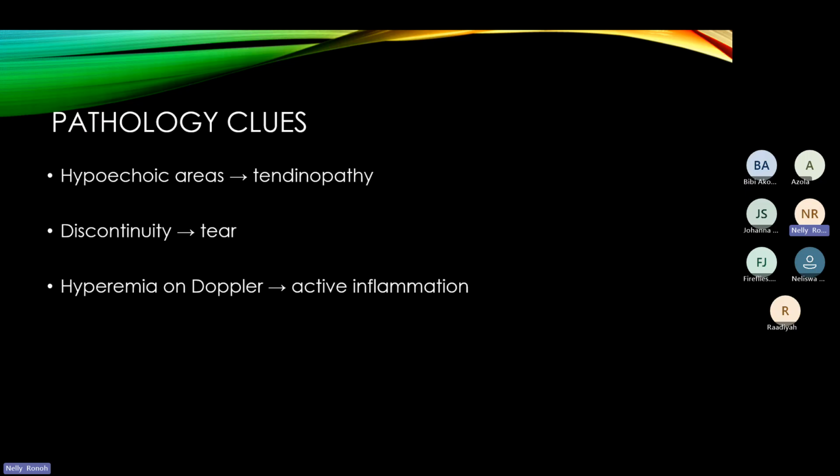As long as you see anything hypoechoic, then there must be a problem, because what we expect to see for both the Achilles tendon and the plantar fascia is a hyperechoic appearance. The next thing that would give you a pathology is if there is discontinuity. Those parallel lines, which we are calling the fibrillar pattern, should be continuous all the way from where it